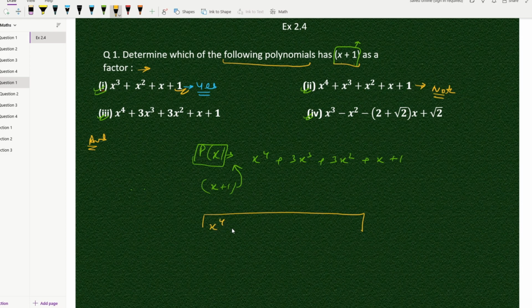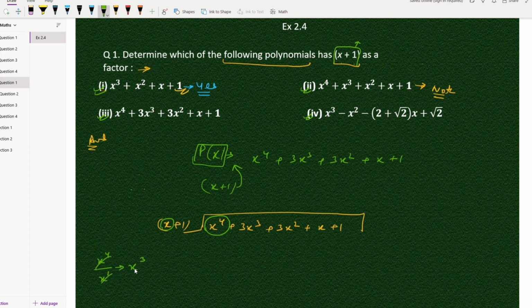x की पावर 4 plus 3x की पावर 3 plus 3x की पावर 2 plus x plus 1, इसको मैं डिवाइड करता हूँ x plus 1 से. तो steps are very clear for the procedure of the long division method. हमें सबसे पहले डिविडेंड की हाईएस्ट पावर वाली टर्म, x की हाईएस्ट पावर वाली टर्म कौन सी यहाँ पर x रेज़ टू पावर 4 है. डिवाइज़र में क्या है वो x रेज़ टू पावर 1 है. सो वी हैव टू डिवाइड x रेज़ टू पावर 4 बाय x रेज़ टू पावर 1, दैट इज x raised